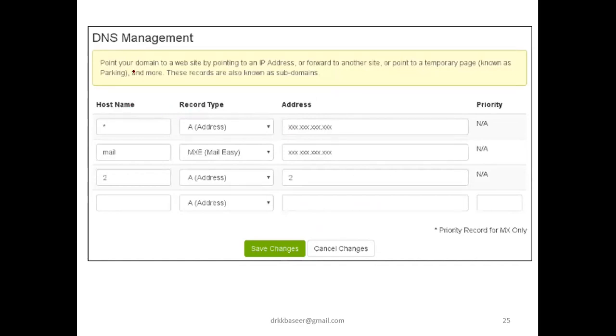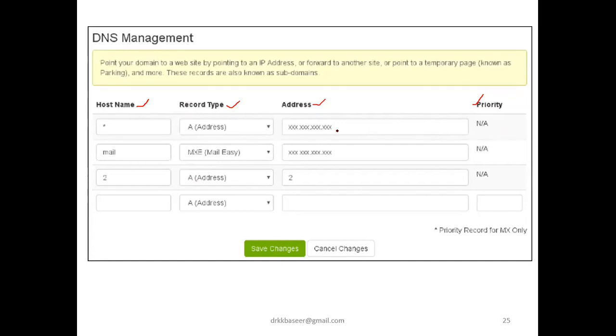Now see here, DNS management, this is the page of the DNS management server software. Here we put the host name and what type of record type, whether it is a mail, or maybe a B, C or MX record, what type of record you are sending, and under which address you are sending, that we have to mention here. What is the priority of that? Because I already said round robin will take care of that. For this host name, this record type is there through this IP address and through the priority, if you want, you can mention it.